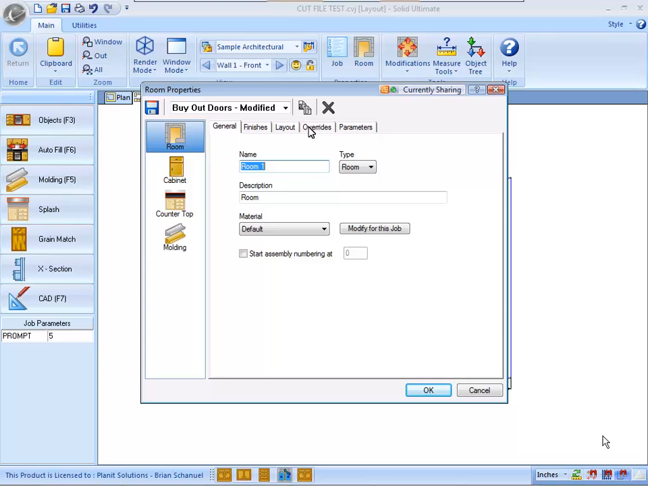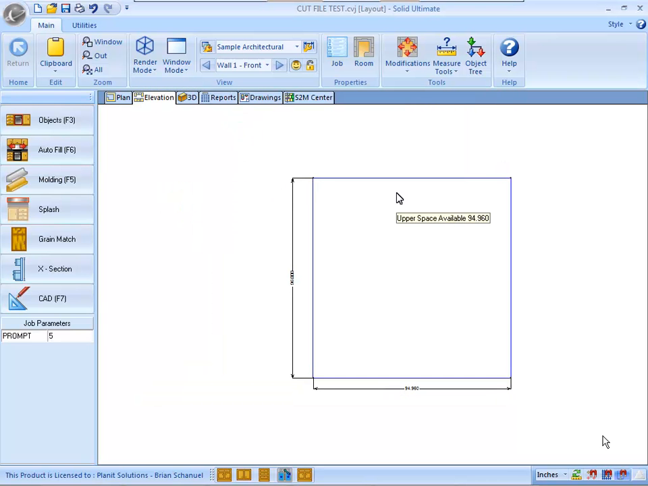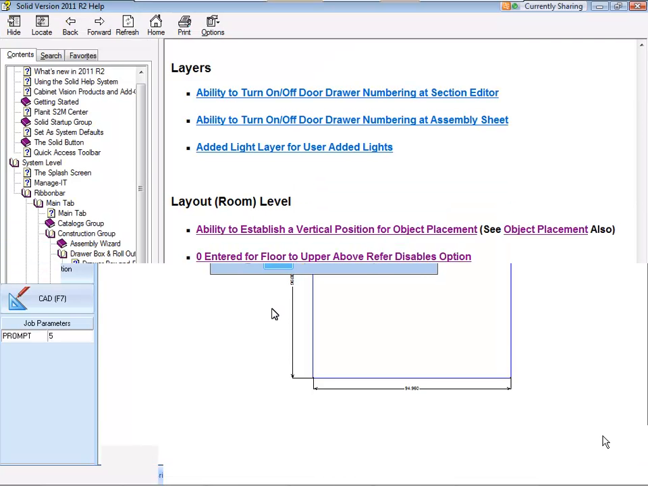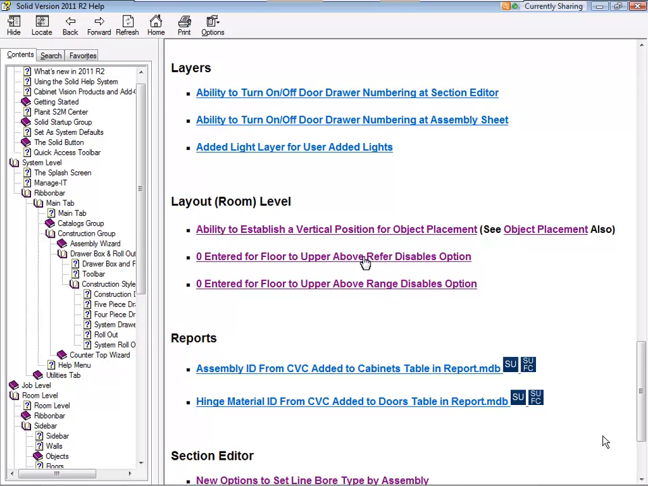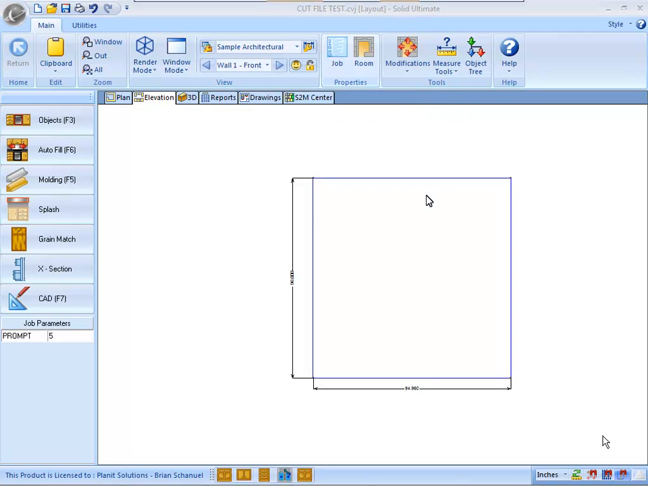That's going to come in handy for scenarios where you have taller walls, but you do not want to use the soffit feature for placement. Okay, both of these values here: 0 entered for floor to upper above the refrigerator disables that option, and 0 entered for floor to upper above the range also disables that option. We'll be talking about right here,